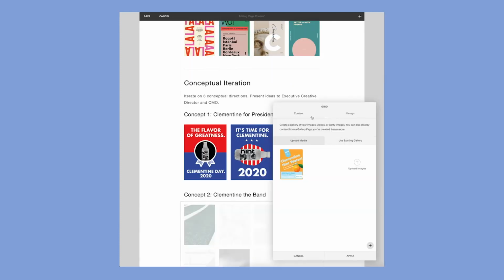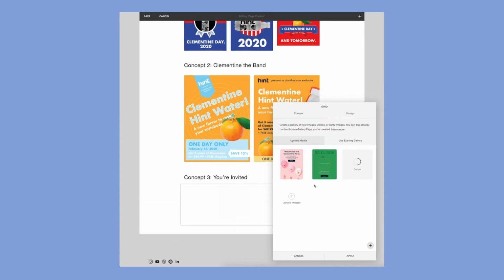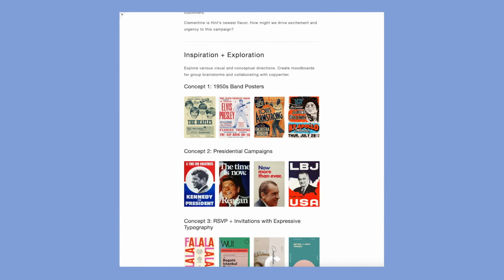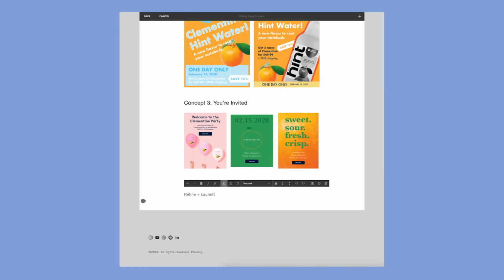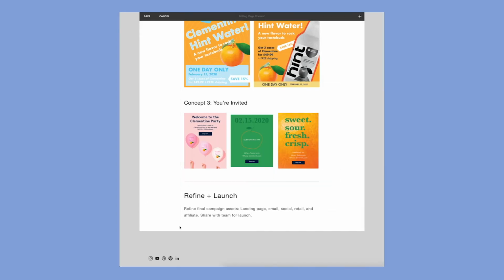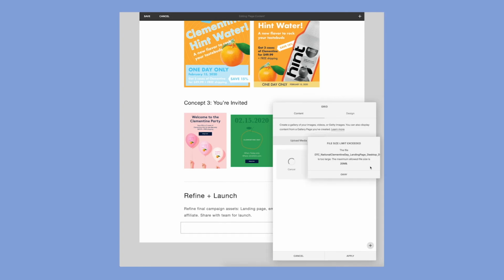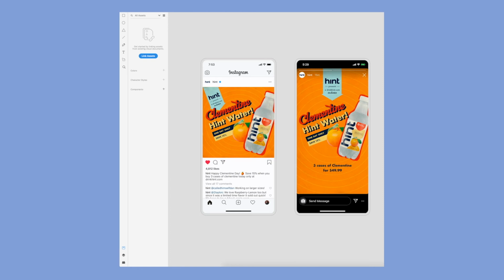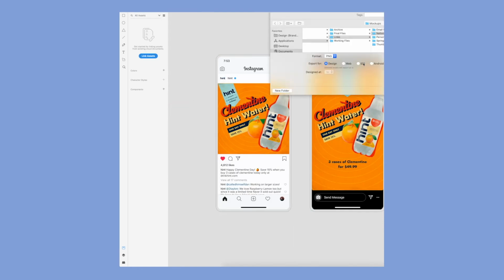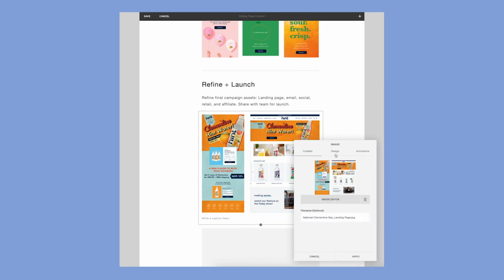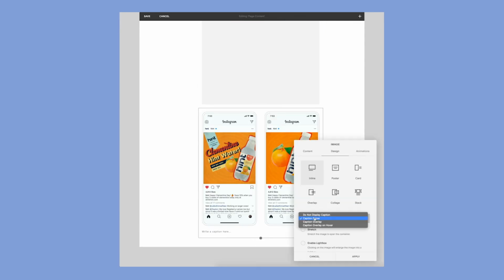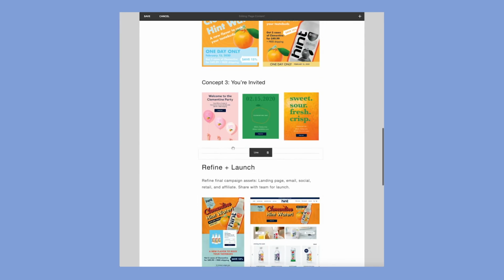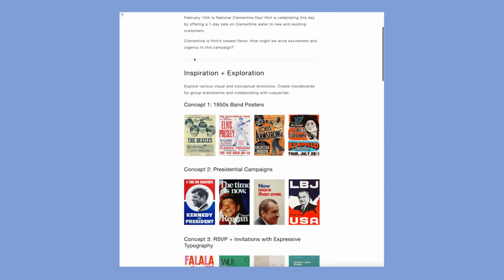The next step is to take those concepts and translate them into design. Once again, I divide these designs into 3 concept directions. In the final section, I add the finished designs. Spend time mocking up your designs, and if you have any links to where these can be found online, be sure to include those.